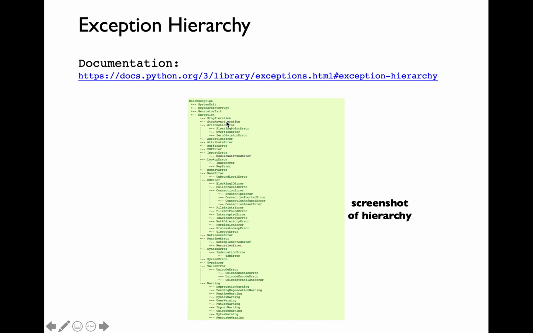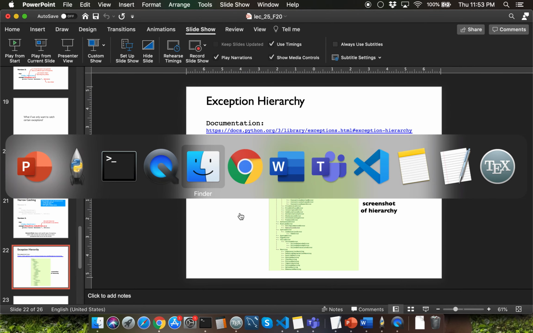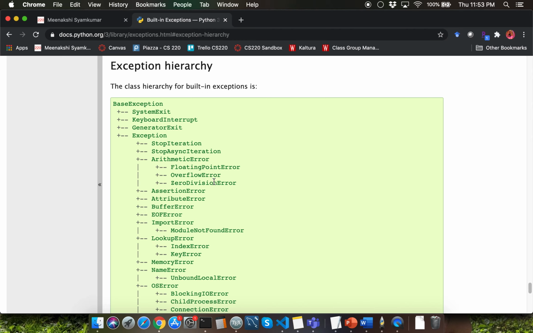So there is this whole big hierarchy that is defined in order to show you the relationship between various types of exceptions in Python. So all of these are going to be classes, but we're not going to worry about the term class. So for our purpose, we are going to assume all of these are specific types.